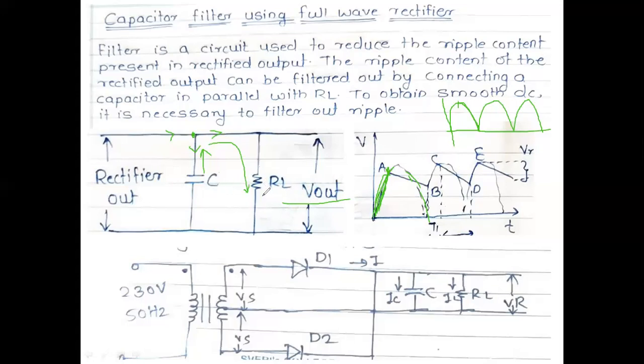So it will not let the output of the circuit reach 0. During the discharging, it maintains some value. Immediately after that, from the negative half of the supply cycle, we get the output. So it will not reach 0; up to here only, it is maintained by the capacitor. From this value it increases, and the capacitor charges. Next, the capacitor discharges, then charges again, like that. So we are going to get the output in a triangle manner.